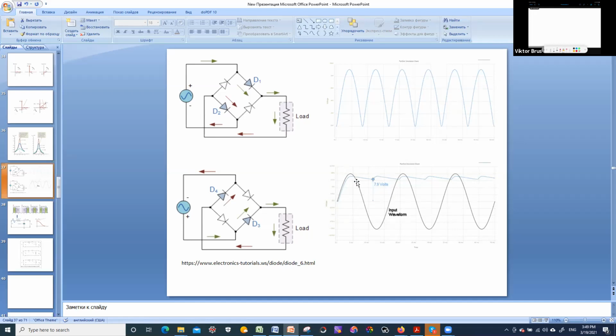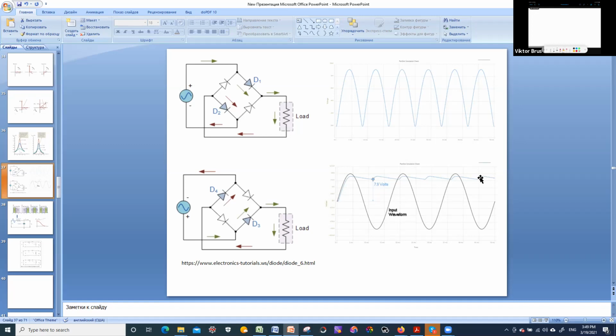So instead of going down, this current will still flow in the circuit. And again, when we go to 0 and our capacitor is fully discharged, we start to charge it again. So that's why such an approach allows us to go from a sinusoidal signal to quite smooth pulsed DC current,